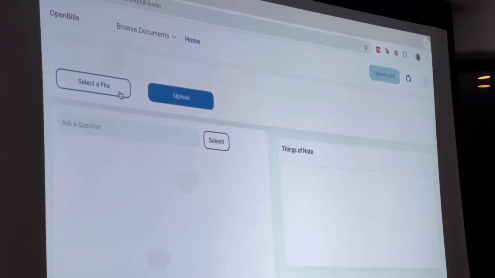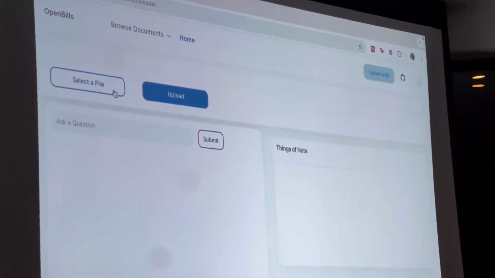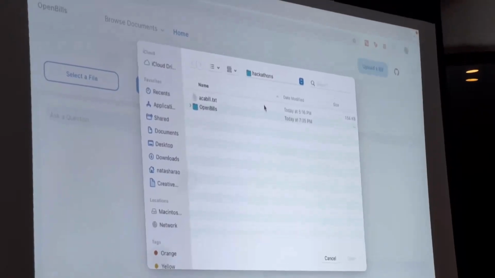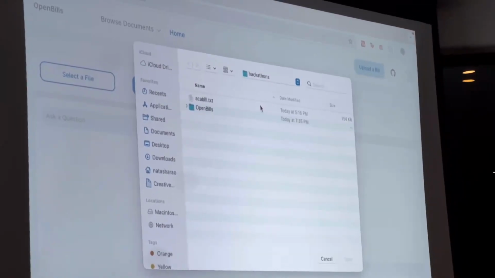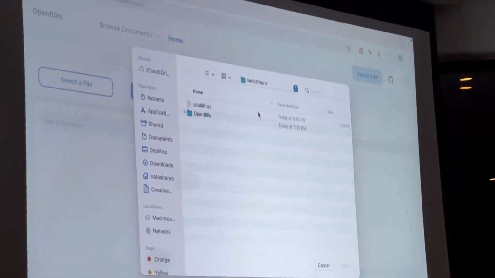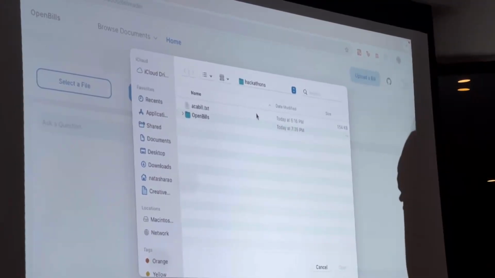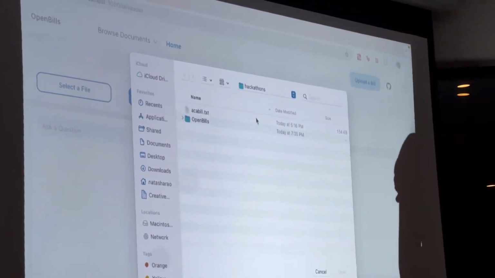But then we upload the bill and upsert all of those embeddings, and then we also include the section number as metadata for those embeddings, because we want to eventually be able to do citation matching. And then when the user submits their query, we pull down the top 5 most relevant embeddings.